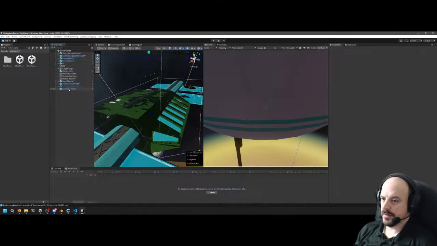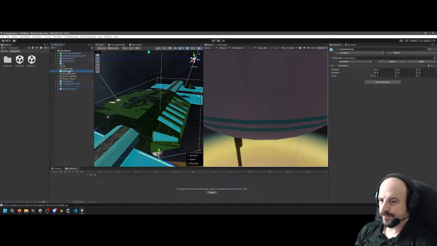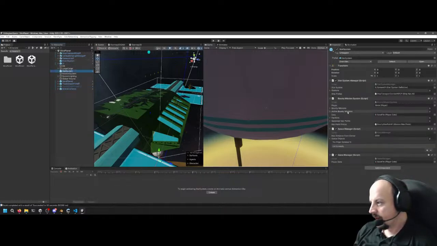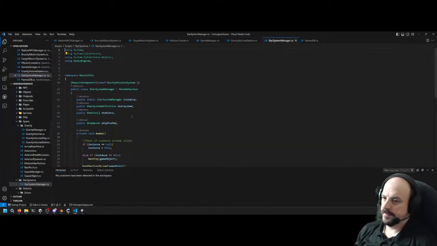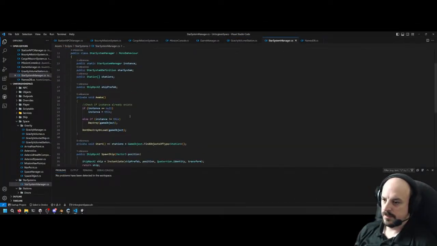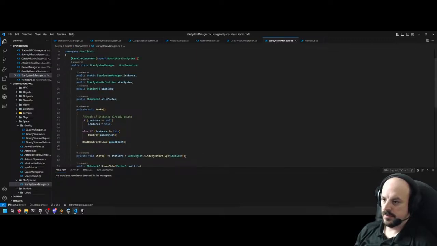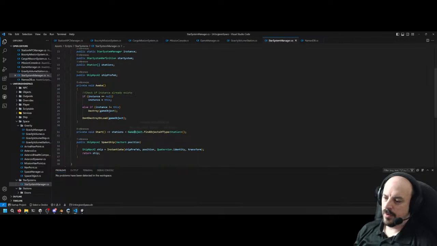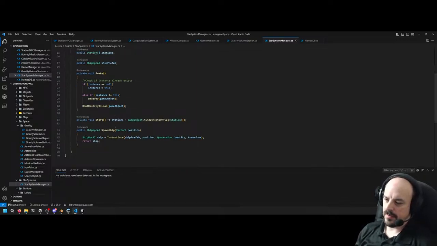And then this system. Yeah, because the system was supposed to originally persist across.